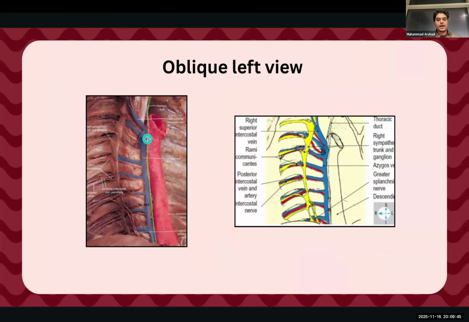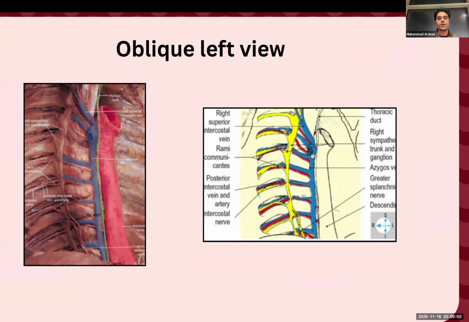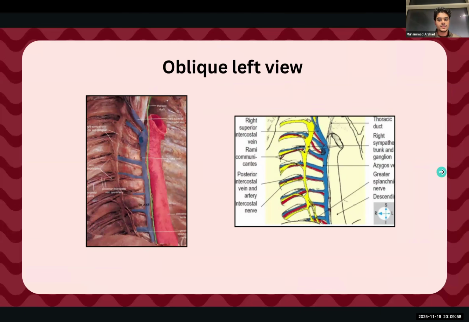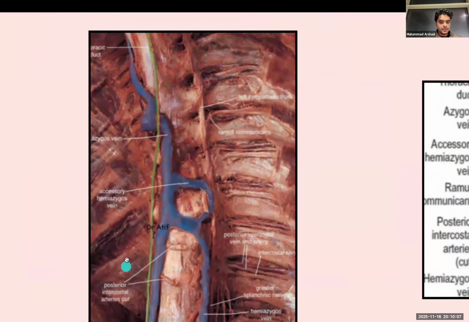You should also know that you have intercostal arteries. You have posterior intercostal arteries and anterior intercostal arteries, and they anastomose together in case there's ever any sort of blockage, right? So that was more so focused on in your guys' anatomy lectures, but it could potentially come here as well. Now, this is the oblique right view, so we can't really see the descending aorta anymore,